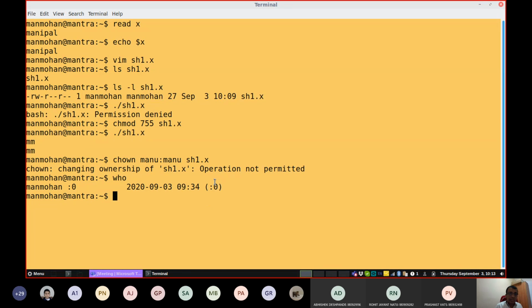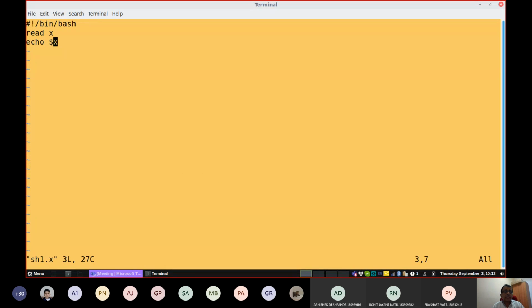Now, coming back to the shell scripts, writing a shell script. Let us go once again back to our shell script, s1.x. This is the shell script. Because I entered one string, it is immediately displayed back. To make this program more interactive, as in the case of a C program, before taking any values, I can use the echo command. Say for example,